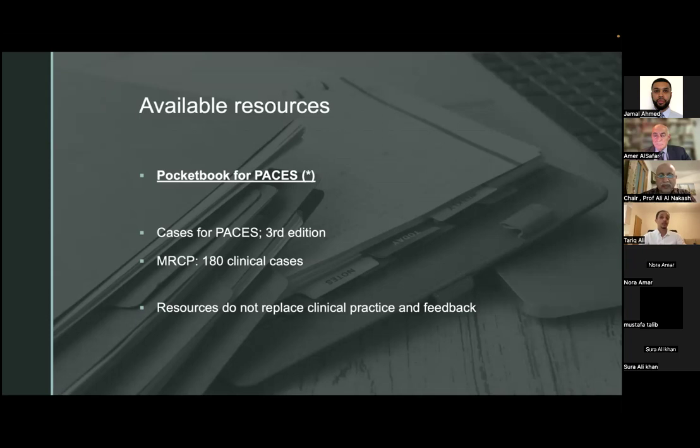I know a lot of people then talk about courses. I've not included any courses in here. The course that most people advertised to me was a course called Pass Paces, which is an excellent course to my knowledge, but I didn't go on it purely because it's a very expensive course. It costs quite a lot of money, and it's another time for you to examine patients. I think I was getting enough experience on my days off and after my work to try and see those patients. I don't think I could afford to spend that much money on it, but it is a very good course and it does have a very high pass rate as well. So I would recommend it to anyone who feels like courses are the way for them. Next slide.